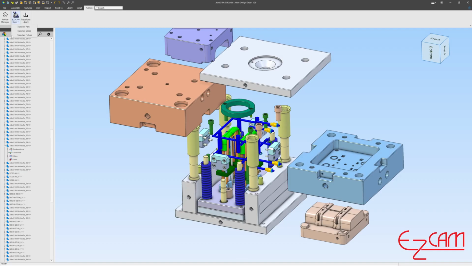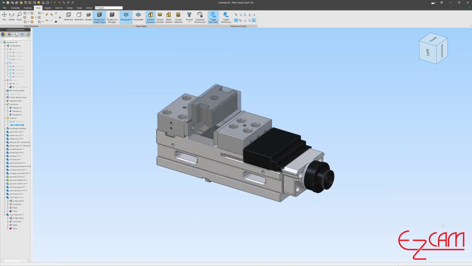Next, we'll explore how these commands function and walk through a real-world example of preparing an assembly for machining in EasyCAM. Let's continue with a simple example made up of a few components. In CAM workflows, we typically deal with three fundamental element types. These form the backbone of all our projects.